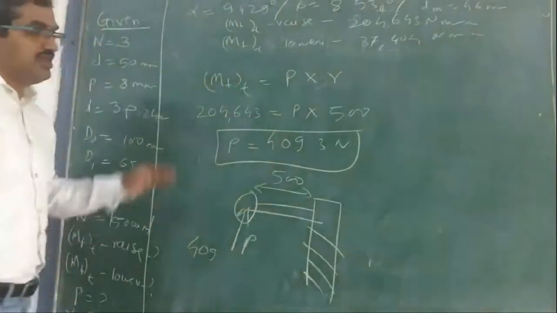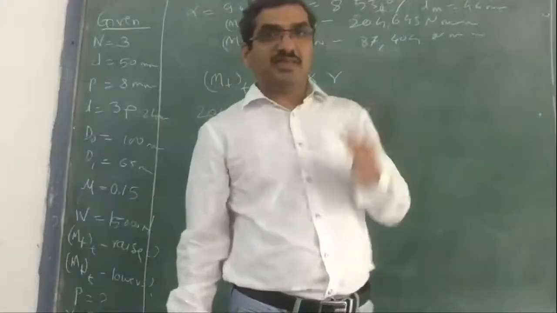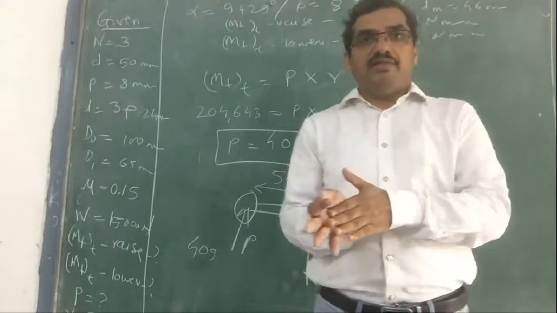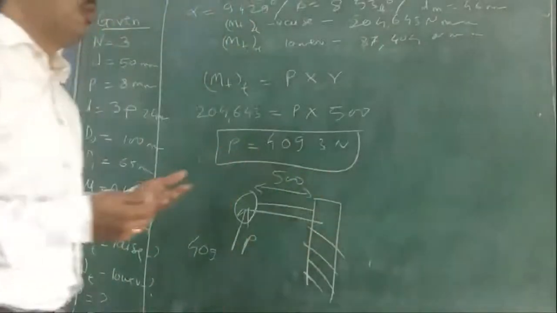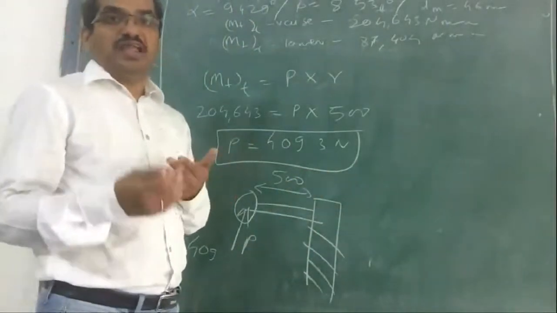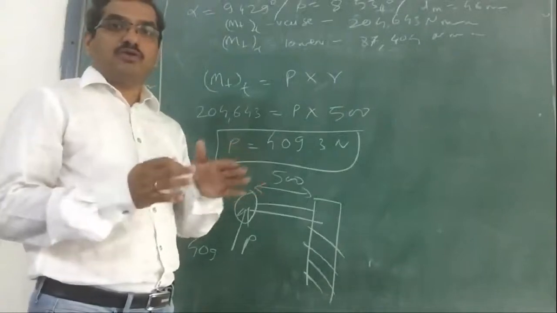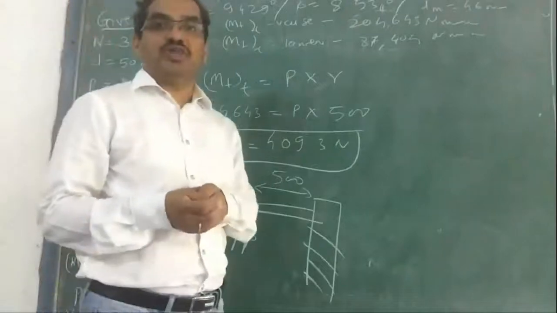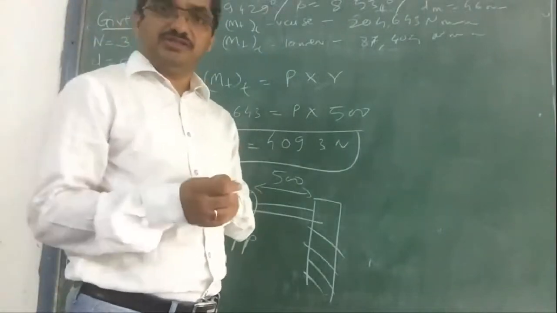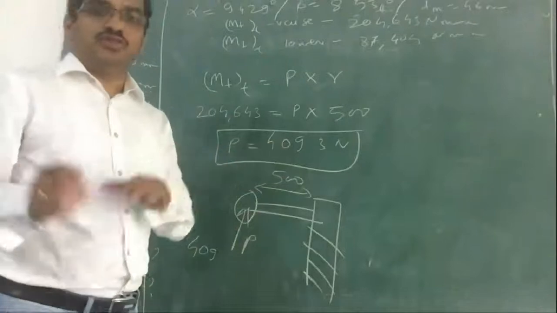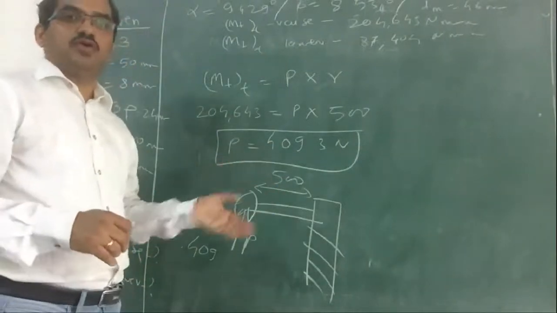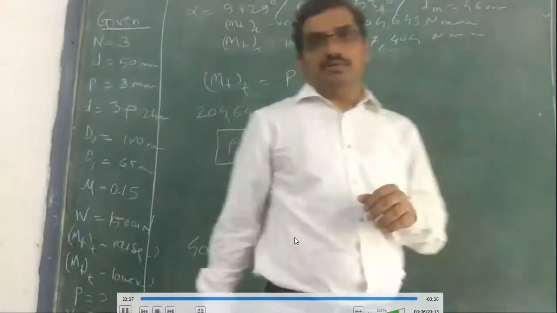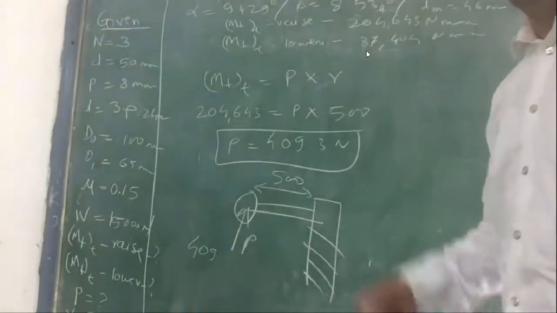Okay, so this is how we'll address any problem of the square thread. Basically we have to overcome two frictions. First is the friction between the surfaces of the thread, right? To overcome that, MT will be W into dm by 2 into tan of phi plus alpha, right? And then there will be a collar friction between the collar and the cup. To overcome that we will need a torque of mu c into W upon 4 into do plus di. Now, combining these two torques together, we will get the total torque required, and then we can find out the effort. Okay. This is how we will address any problem of square threaded friction. Now next we will see efficiency.